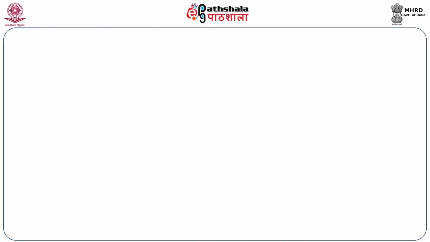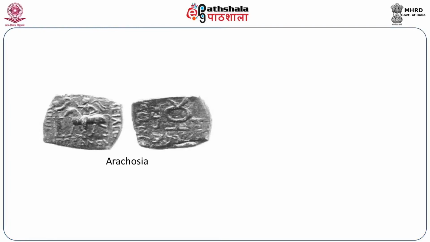A very important port known as Barbaricon was at that time active in the lower Indus country, and according to the opinion of the Periplus of the Erythraean Sea, we find that in this region the Parthian princes were ruling, and it is said that they were chasing each other, which means after Gondophares there were several Parthian rulers who were involved in infighting among themselves. Gondophares' coins can be understood from particular symbols, because in all his coins and the coins of his followers we have some symbols.